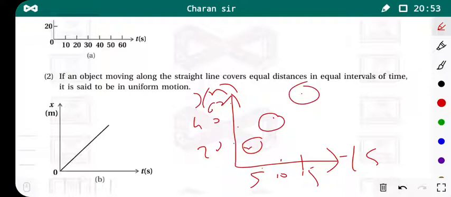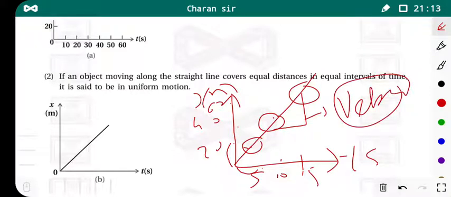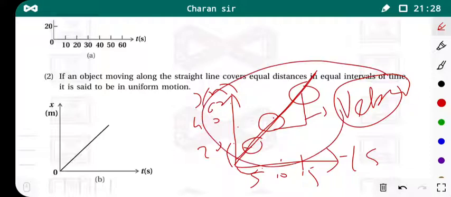So you can say that in equal intervals of time our object covers 20 meters. In each 5-minute interval the distance covered by the object is 20 meters. Also for the velocity: when you draw this graph, it is a straight line, and you can find the slope. This slope gives the velocity value, and this velocity value is positive. That means our velocity is increasing with respect to time. So this is the graph for the uniform motion of the object, or constant velocity in the positive direction. Okay, this graph is given here.